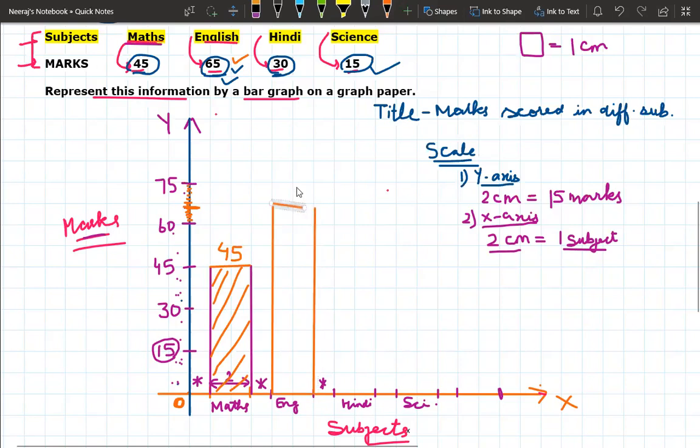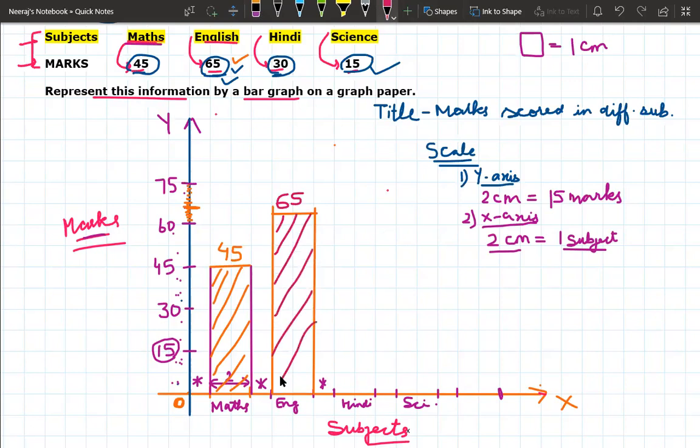So in this way, you have to represent 65, right? As you can see, this is the half. This is the number 65. Now we are going to write the number at the top, that is 65. Now you have to shade this. In two blocks, we have made the rectangular length. Now again, you have to leave one box.